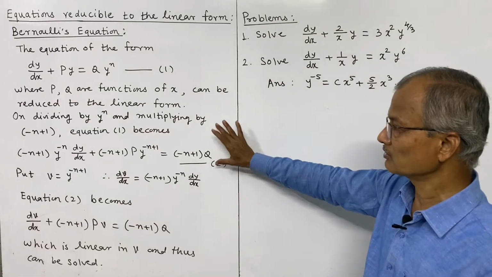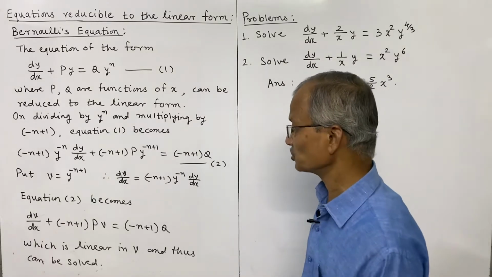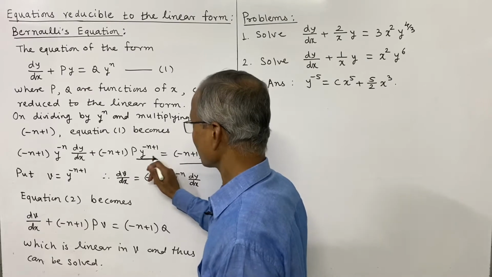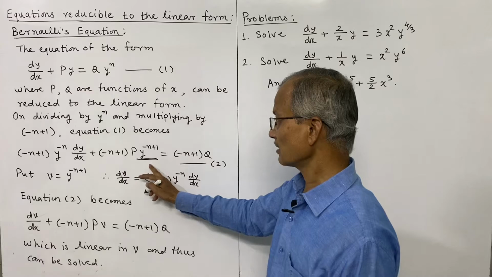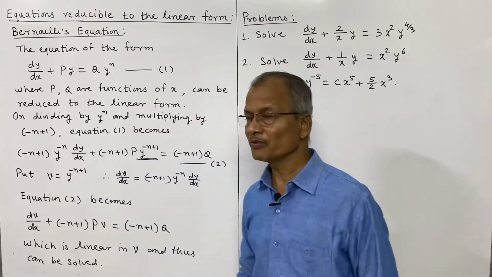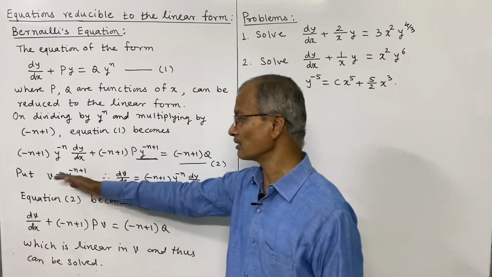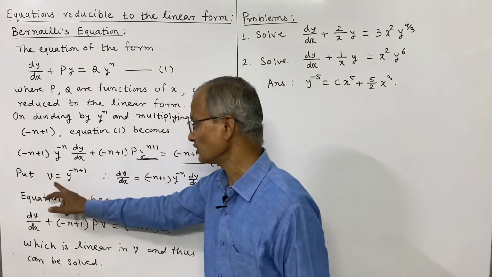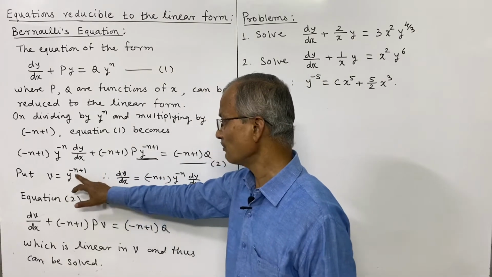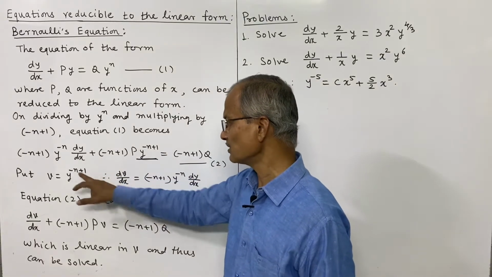So this is easy to understand. Now in this equation, we have to use a substitution. What is the substitution? We put the term y^(-n + 1), the y power term in the second term on the LHS, as v. If we use the substitution, we change the derivative of y correspondingly in terms of the derivative of v. So differentiating both sides with respect to x, we get the left side as dv/dx, and the right side, this is a function of y, its derivative is (-n + 1) y^(-n + 1 - 1), which means y^(-n).